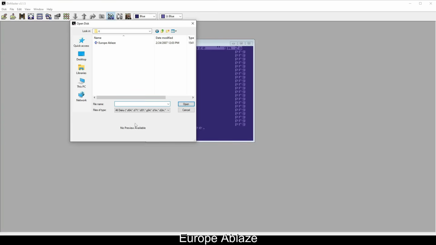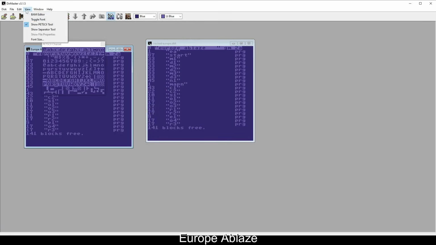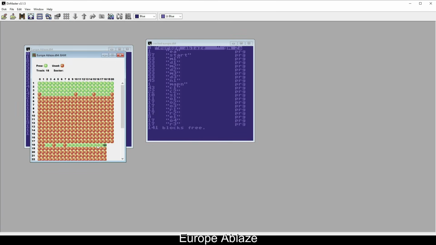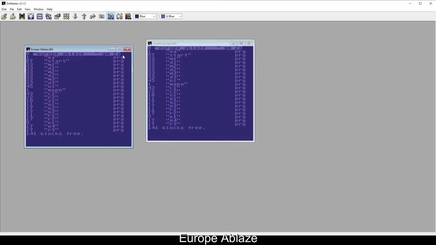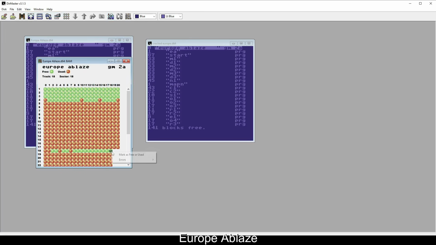For the letter E, we're going to be taking a look at Europe Ablaze. According to DIR Master, this disk has a single error. On track 18, sector 18, there's an error 23. What I'm going to do is go into the BAM, and we're just going to remove that single error. And we're going to make it error-free